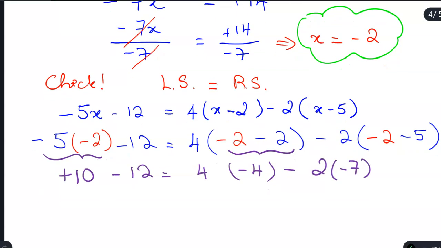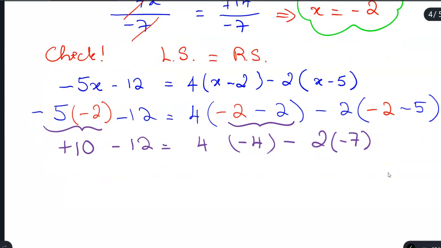Okay, so double check. We are going to follow BEDMAS, multiplication first. Negative 5 times negative 2 gives me positive 10. Rewrite this number. Whatever is inside the brackets, I do this first. Negative 2 is negative 4. And then this is the multiplication, I do that after. And this one is negative 7. Negative 2, negative 5, negative 7. So the next step is to